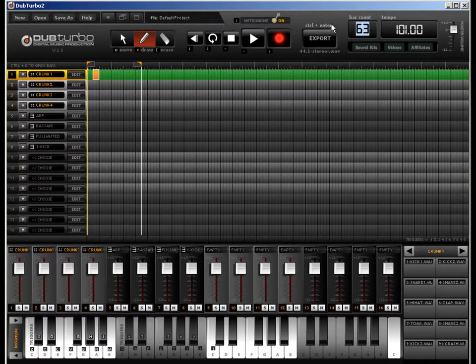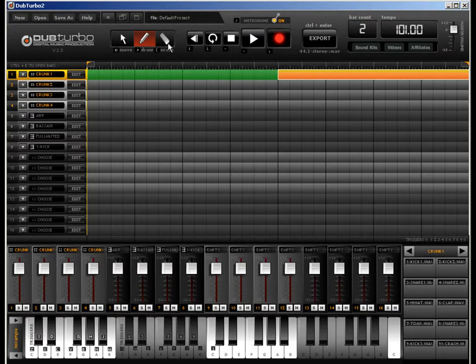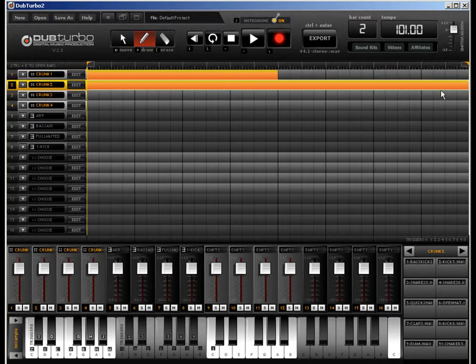Let's bring this back down to 2. So we start. And just erase that. Pencil, click, and you have a bar. Click, hold, and drag, you have 2 bars. If this is open more, you can have longer, but we try to encourage you guys to use 2 bars